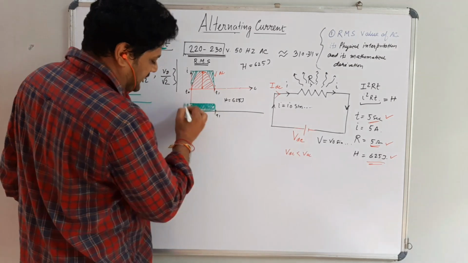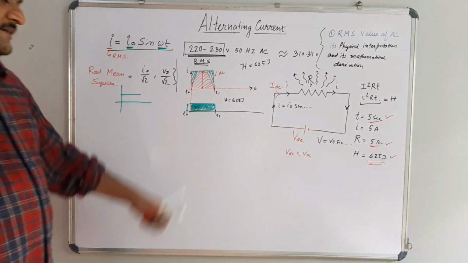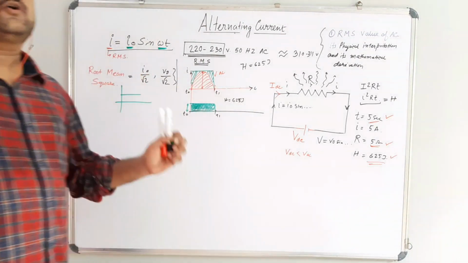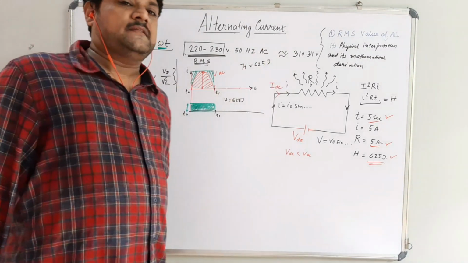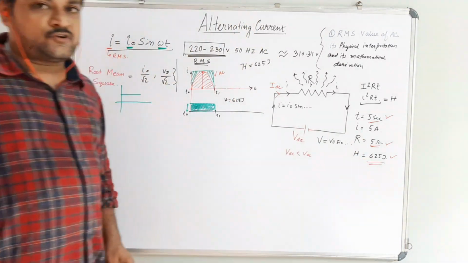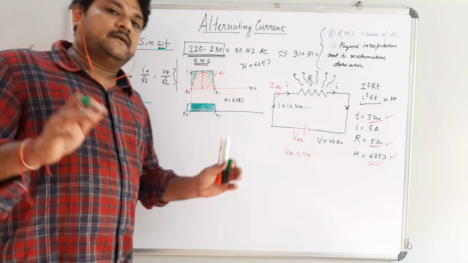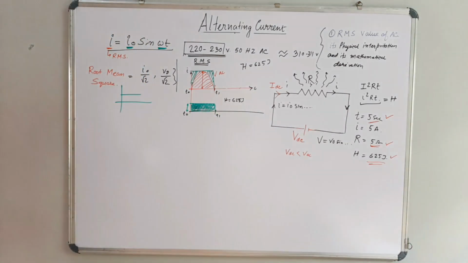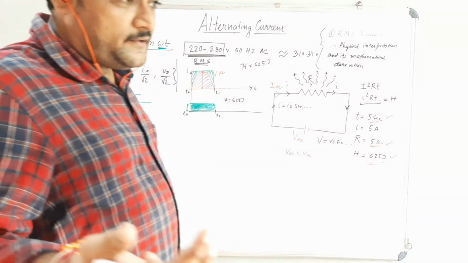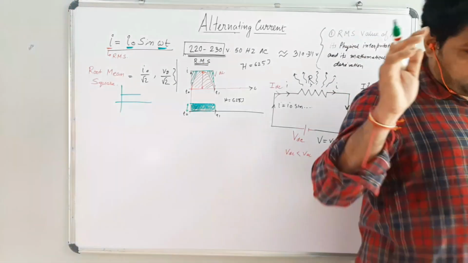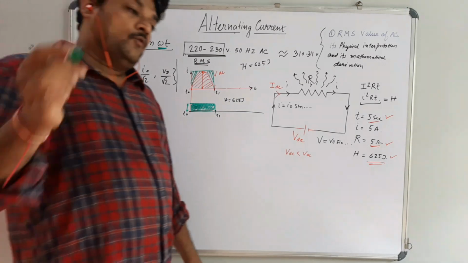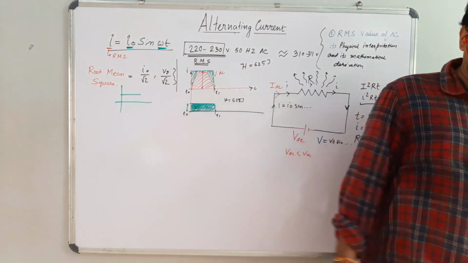That's why the magnitude or amplitude of the DC is less than the AC to do the same amount of work in the same time, or to produce the same amount of heat in the same time. It means that the magnitude of DC is less than the magnitude of AC to do the same amount of work in the same time. This is the physical interpretation of the RMS value: we have to produce the same amount of heat as is produced in the AC, and for that we have to give some DC voltage source.